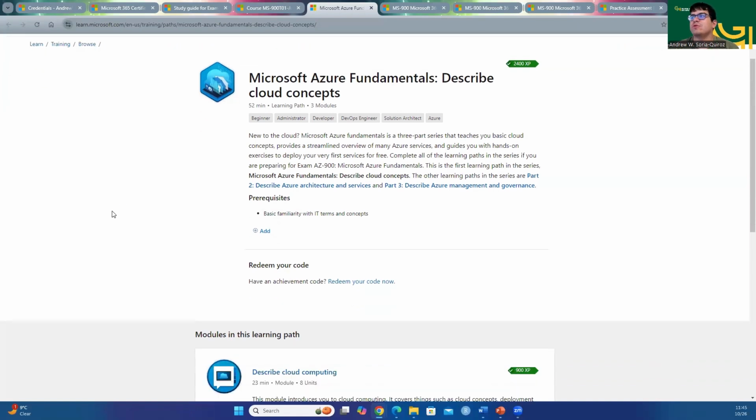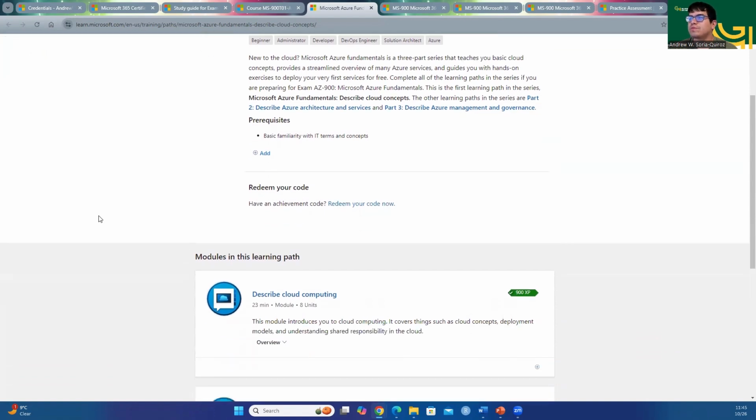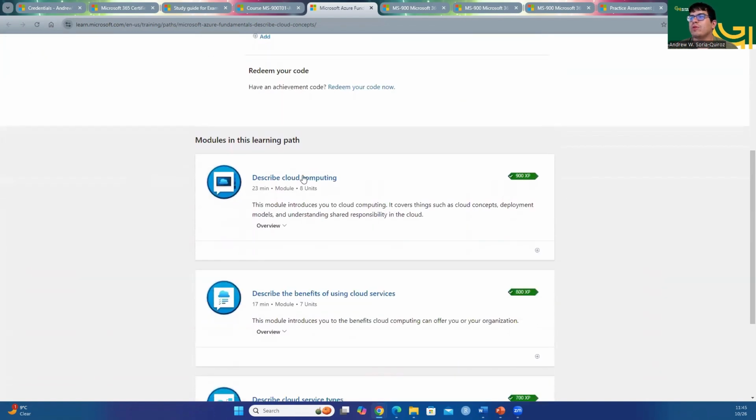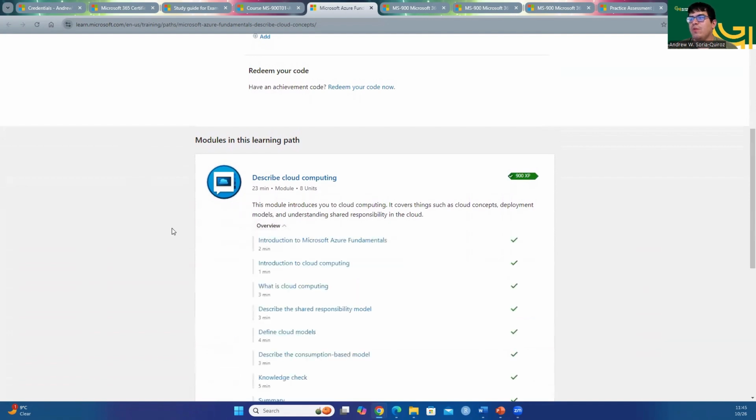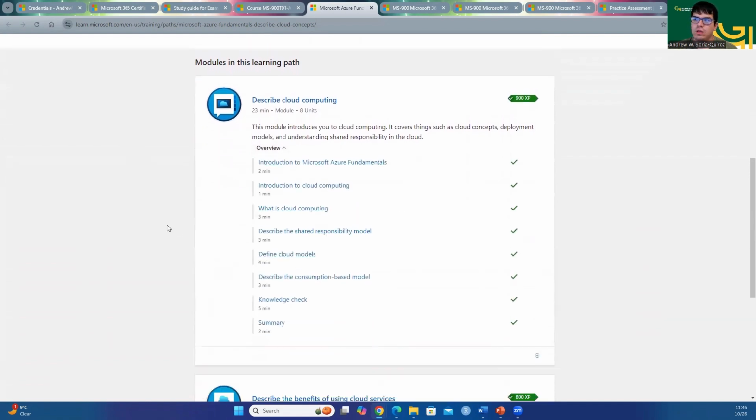Cloud concepts. You will go into what the cloud is, how you can use the cloud, and also be able to get some free hands-on experience with it too. I strongly recommend you go into this and look into all of it. You're going to describe cloud computing for us. If you have no idea about this, it is your best friend. I will still recommend you get a very high-level introduction to the cloud somewhere else, but this is good